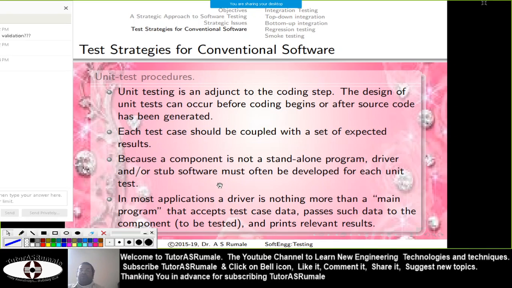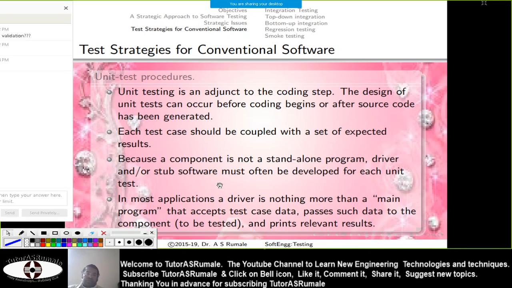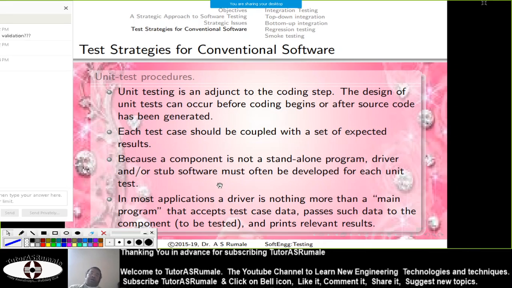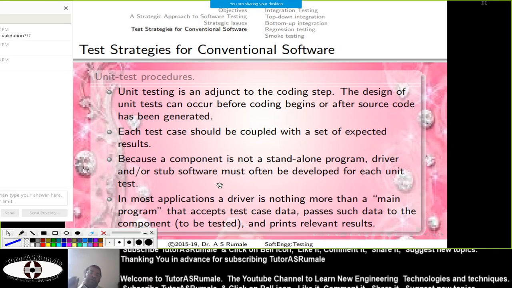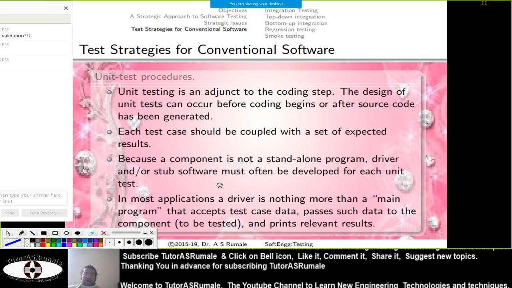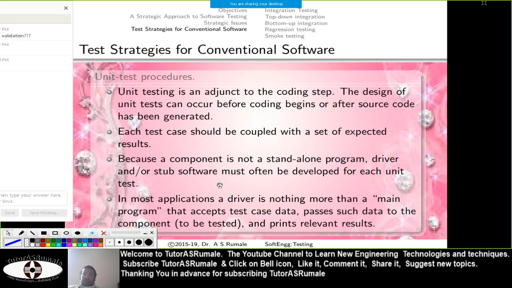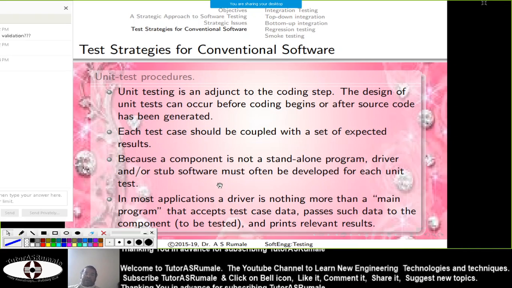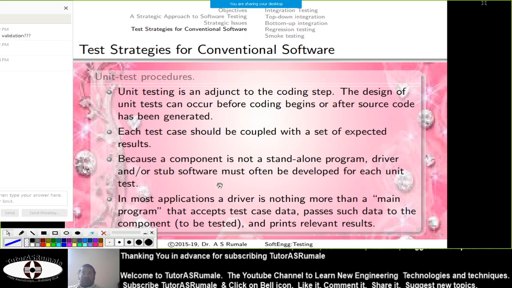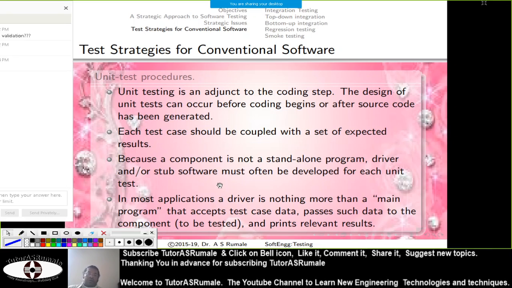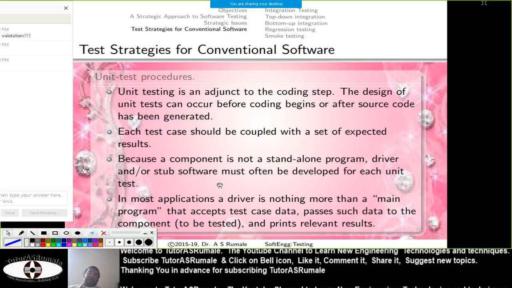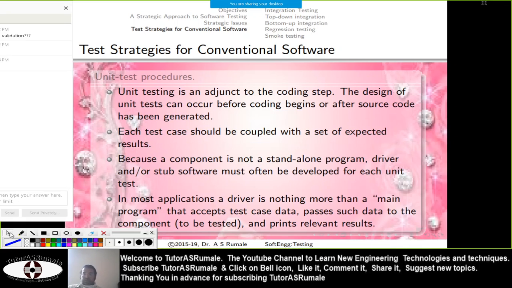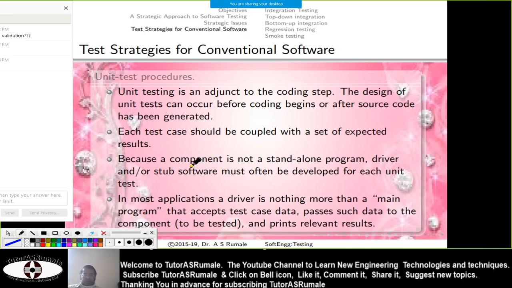For example, suppose you have written a function for entering data into a particular database, and it is not yet integrated with the system, but you want to check it. So you create a dummy main program where you call this function, or a dummy environment, and in that environment you execute that particular program.